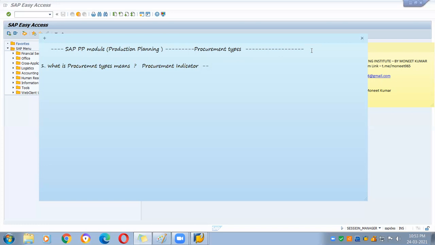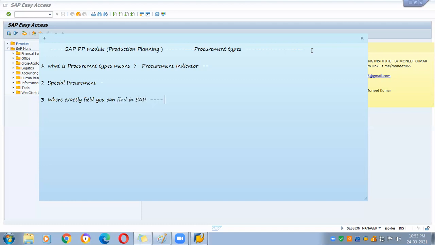Okay, this is an important indicator that is relevant for various modules like SD, MM, PP, GTS as well. So we are going to understand this procurement type. We will also see what a special procurement indicator is, and where exactly you can find this field in SAP.